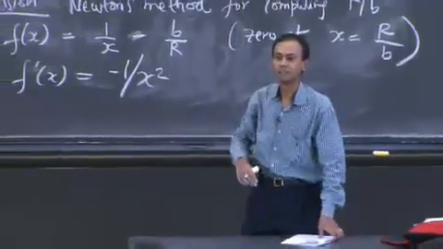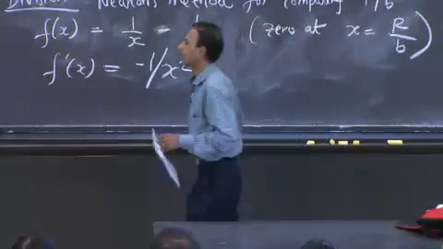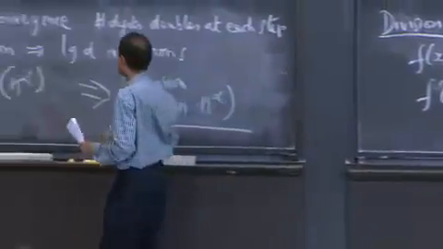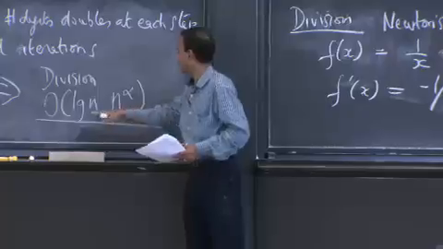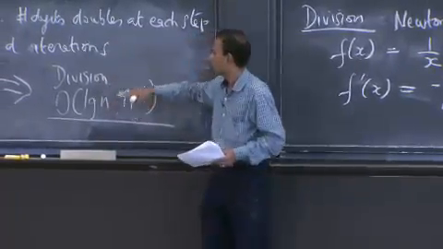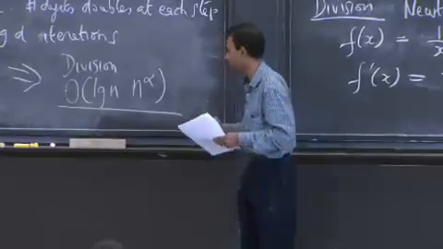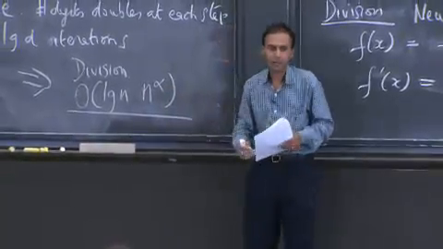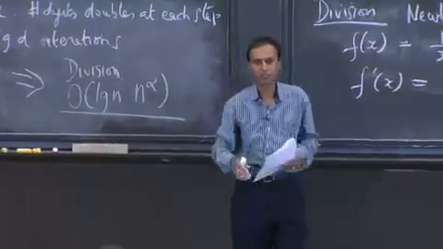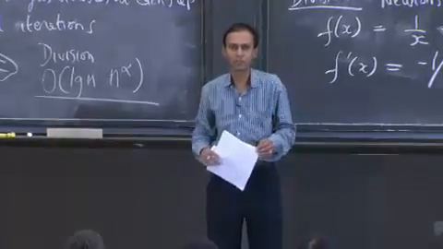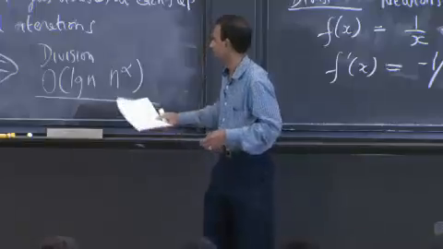You had a question there? Yeah, this log n corresponds to the number of iterations we need to get a certain level of precision. That's correct. So if you want d digits of precision, then according to this argument, and I think you are a little doubtful here because I kept talking about subtleties, and in fact there's a subtlety here which I want to get to, but this big O is perfectly correct. To answer your question, yes, let's assume that it's n digits of precision. Whether it's n or d, you can plug in the appropriate symbol here.